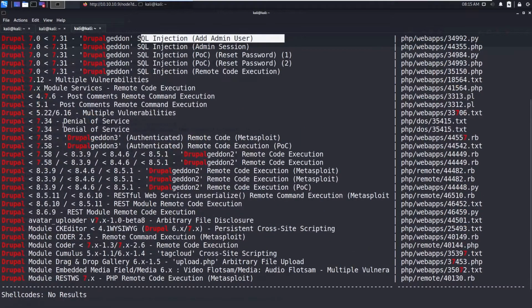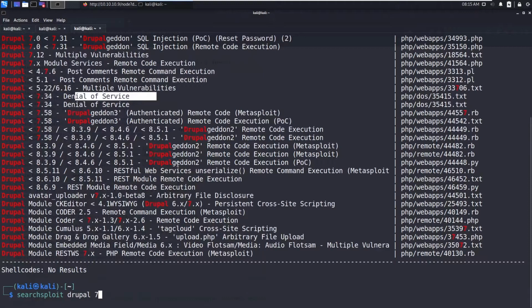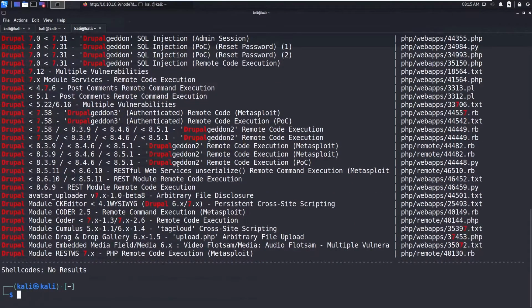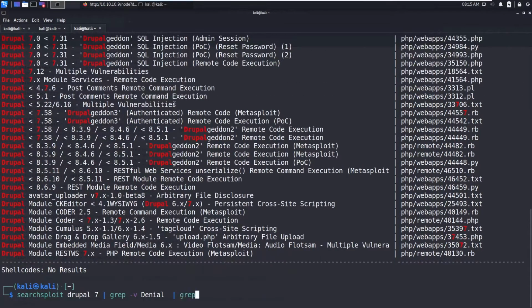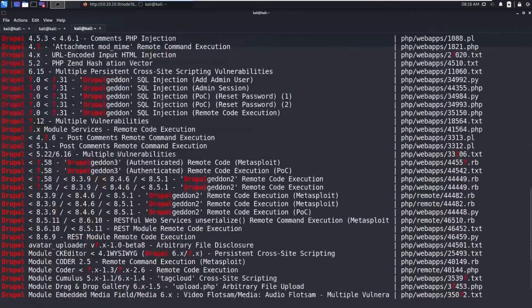So we have some DNS service which we do not need. So one thing is you can grep -v to not show the Daniel. So now you will get much fewer results, and you can also grep to not show cross site.